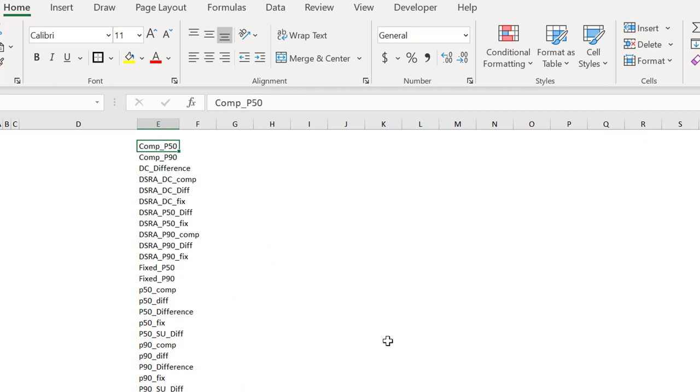We've got to compute the P50, P90, and the debt to capital and get the difference. And then we can have a DSRA in all three of them. We could have three DSRAs that affect the debt sizing, at least in one of them. At least they affect the debt sizing and the debt to capital. And the DSRA can affect